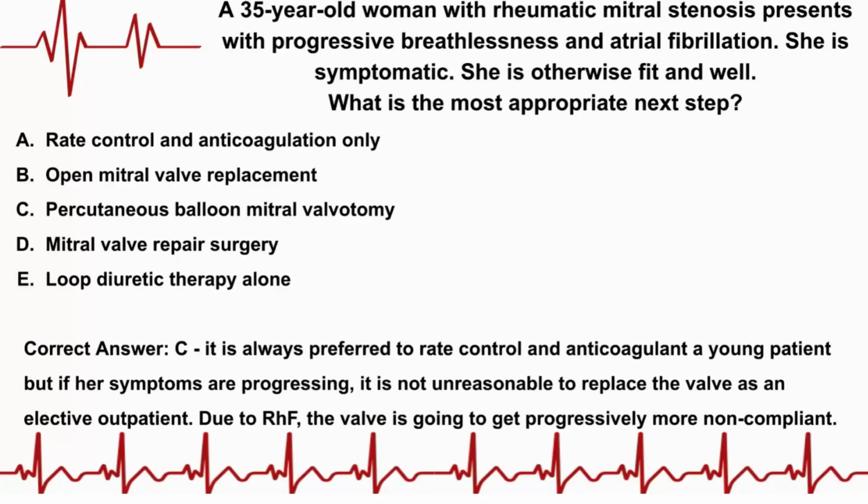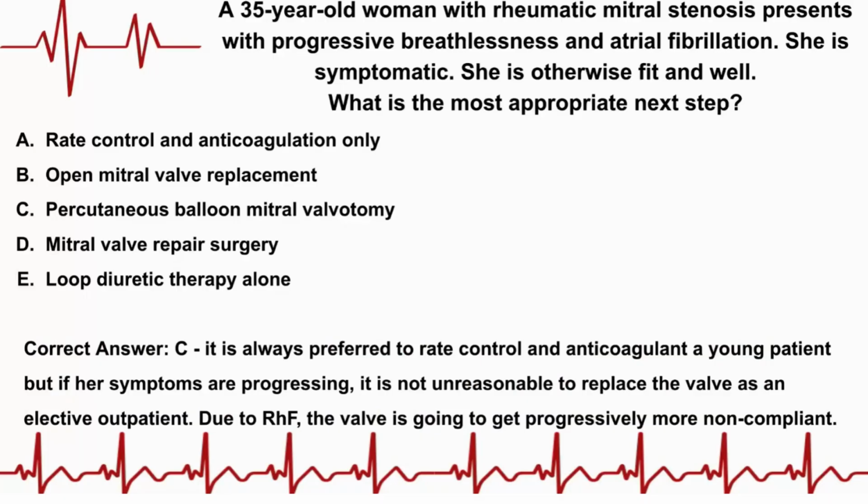The answer is C. So we do a valvotomy. The key thing from this question is that she's symptomatic. She is 35, a young patient, and it is always preferred to rate control and anticoagulate. But if the symptoms are progressing, it is not unreasonable to replace the valve as an elective